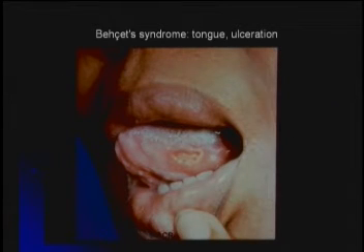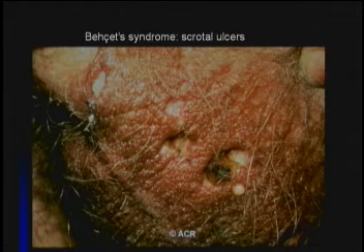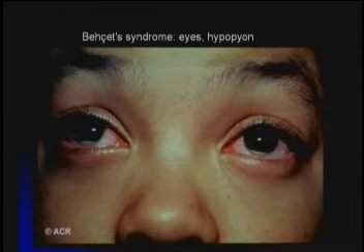The oral ulcer of Behçet's, I can't look at it and tell you that that's Behçet's. That can just be regular oral aphthous stomatitis, and there are some patients who just get this idiopathic aphthous stomatitis who don't have Behçet's. But once it's oral and genital and recurrent, then you've got to consider that as part of your differential diagnosis. Again, these scrotal ulcers, I don't know that they're part of Behçet's, but if they're starting to add up